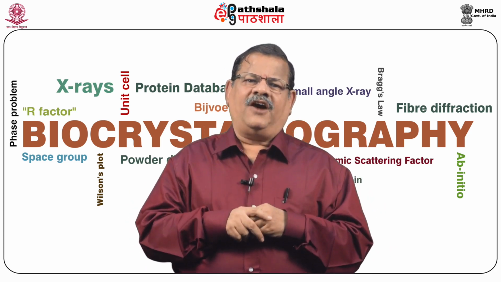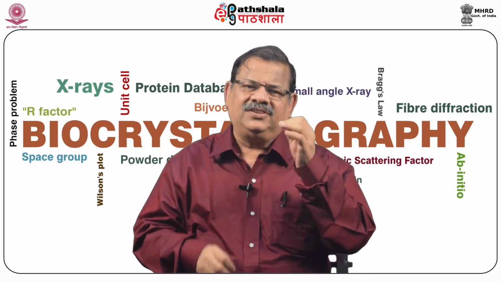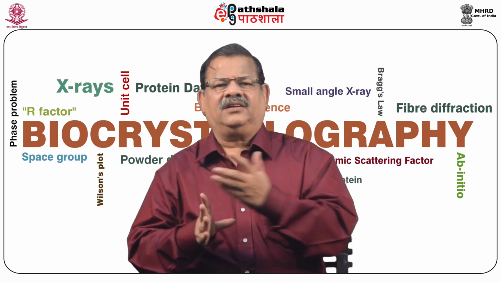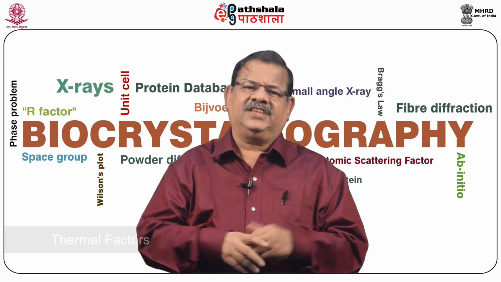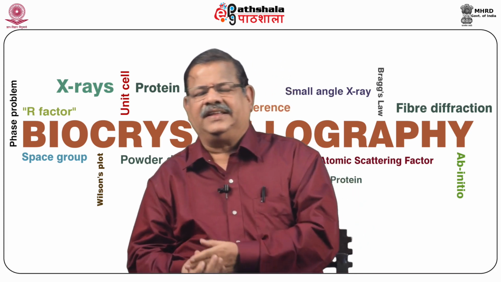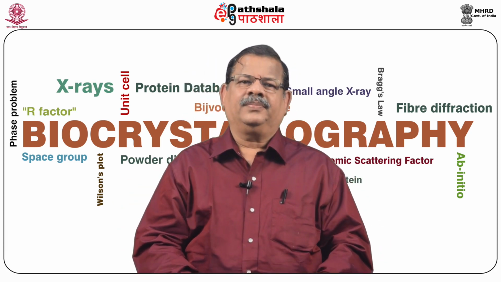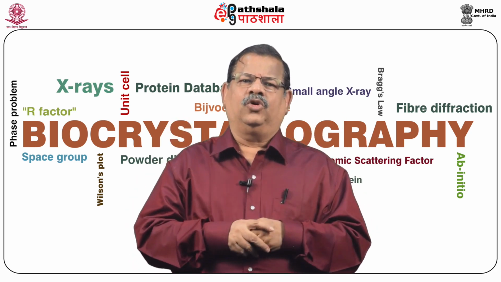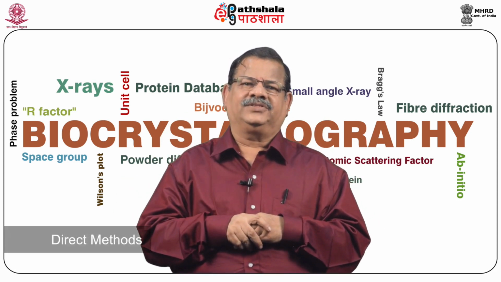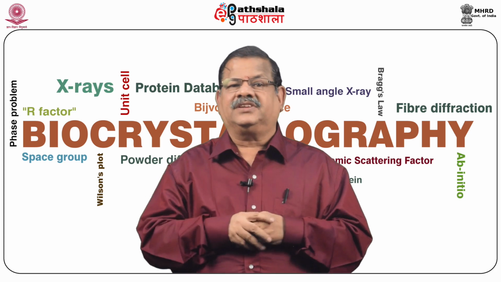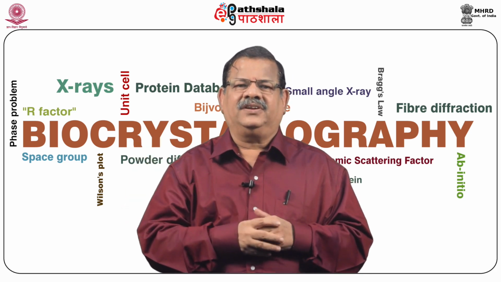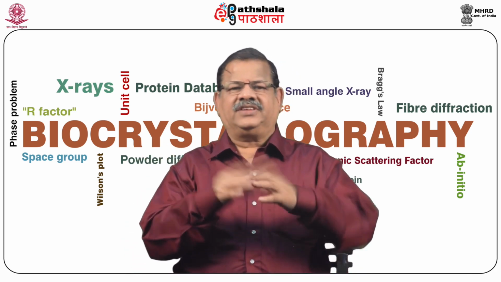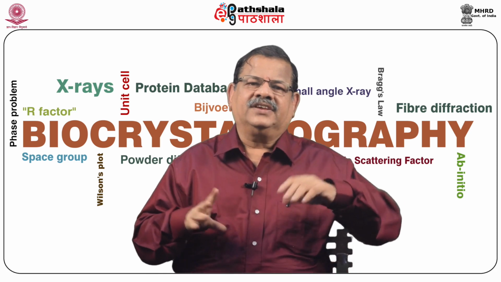And these two people, Hauptman and Karle, insisted that based on their assumption discussed above, they would simply produce a model which can later on be subjected to adjustment of positions and thermal factors of each atom, leading to the reality. Even then, it was not accepted. In spite of their convincing arguments, eminent scientists across the globe didn't accept the formalism called direct methods, which are the mathematical or probabilistic methods, using which phase information could be obtained directly from the measured intensities through some selective phase relations called structure invariants and structure semi-invariants.